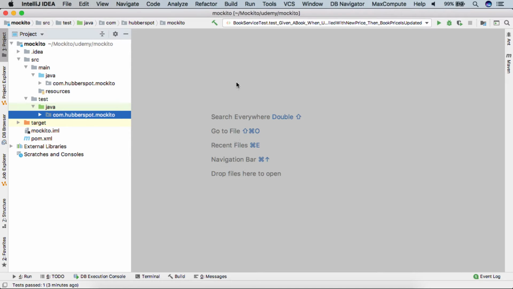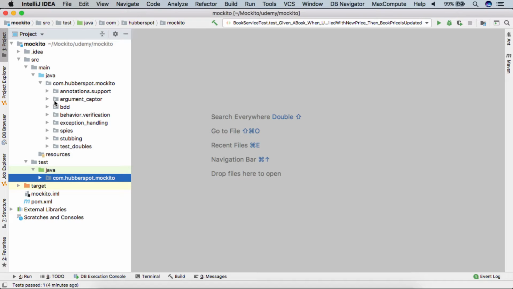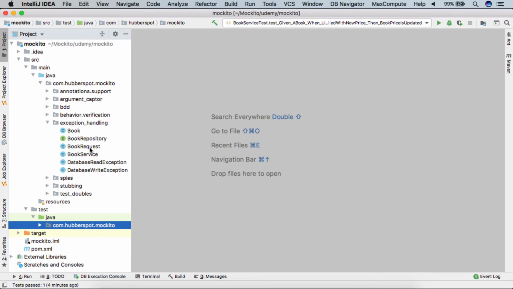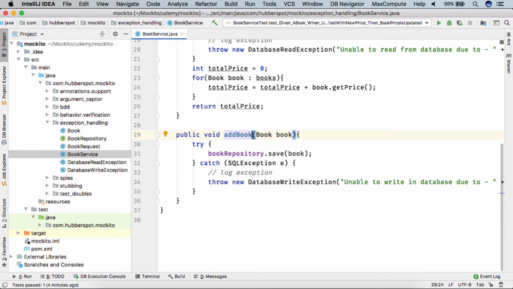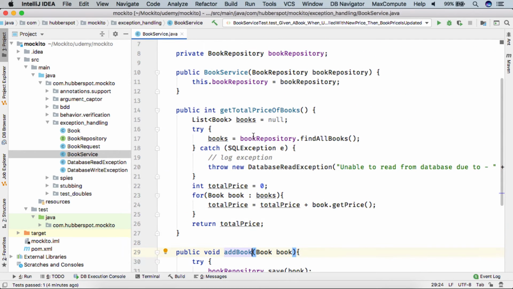Hello everyone. So friends, in this lecture we'll see how we can use the BDD Mockito API to perform exception handling. In one of our previous lectures, when we discussed exception handling, there we saw that when we tested get total price of books, we simply stubbed that when book repository find all books is called, then throw SQL exception.